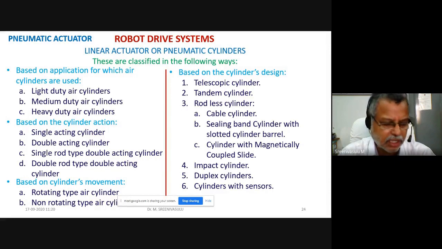Then, based on the cylinder action, you can consider single acting, double acting, and under double acting you will get single rod type double acting, and under the same category you have